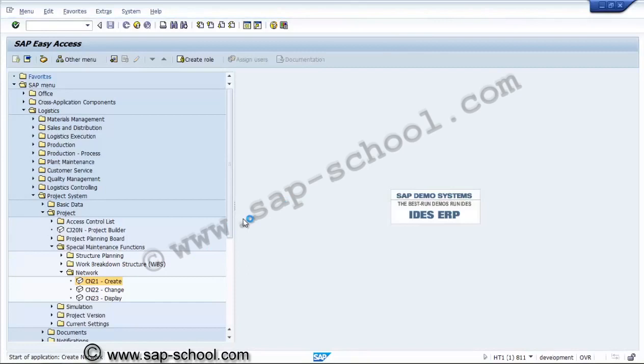So for creating the network, we have to keep in mind that always these networks and activities will be created for the purpose of resources, assigning the resources and planning the resources, and these resources will be used against a project. So whenever we create a network, we have to keep in mind that we are creating the networks against a project. So this network numbering we have to keep with relevance to a project.